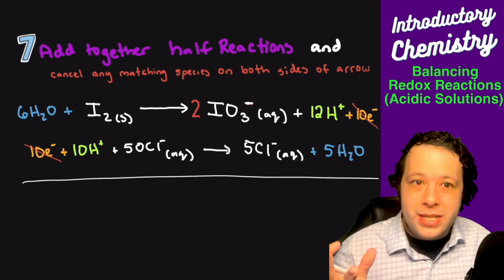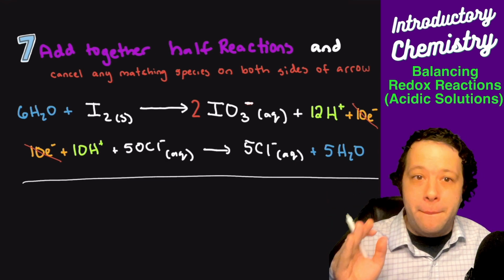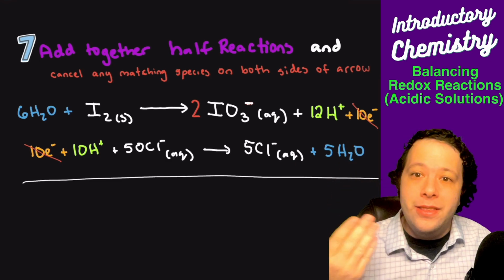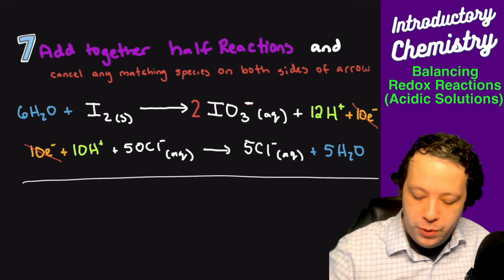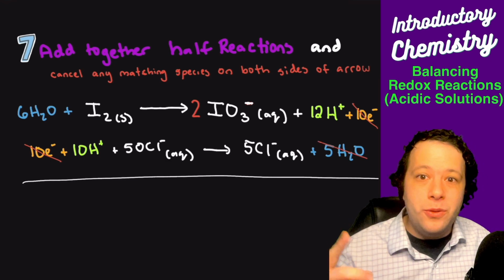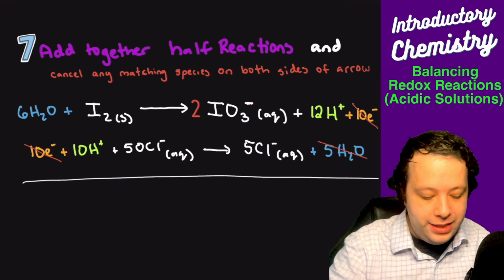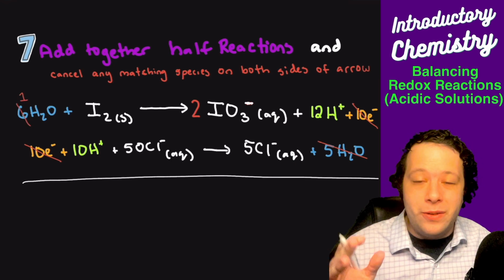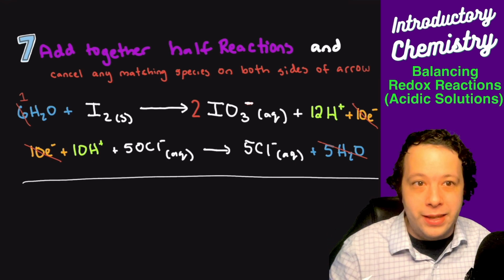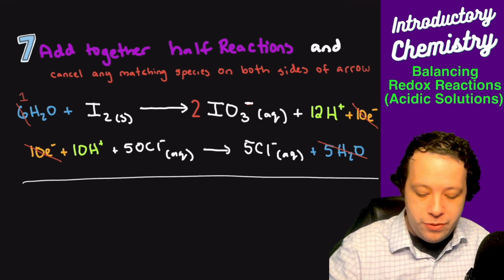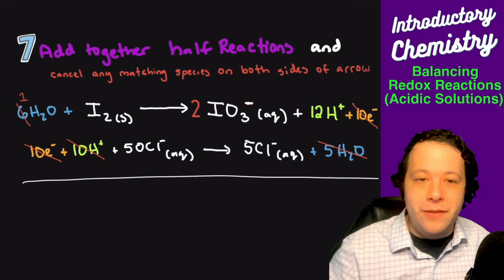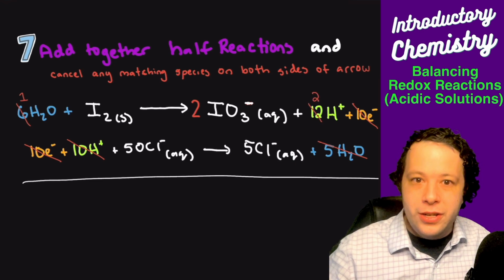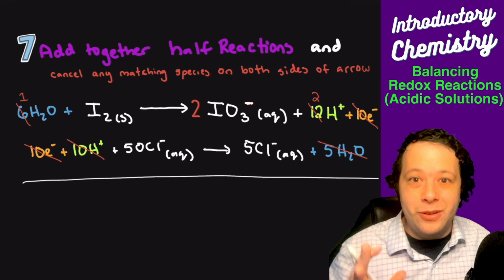Now, what else is going to get canceled is anything else that matches. Notice how we added waters and hydrogens to the mix. Those are things that we're looking for. So we had 5 waters on the right. We had 6 on the left-hand side. So that means we're going to end up reducing that coefficient down to 1, right? Put 5 into 6, we'll have 1 left over. Same thing with the hydrogens, right? So I'm going to cancel all of the ones that are on the left-hand side. And as a result, we're only going to have 2 hydrogens remaining on the right.